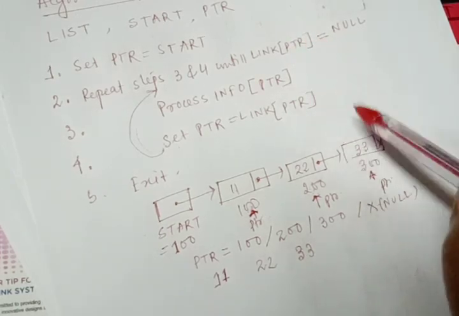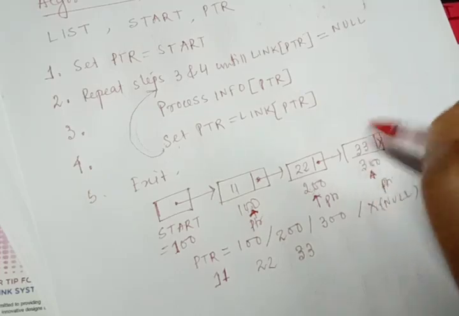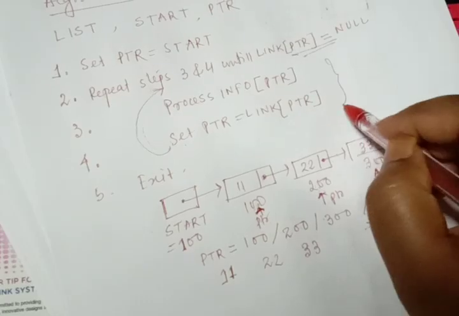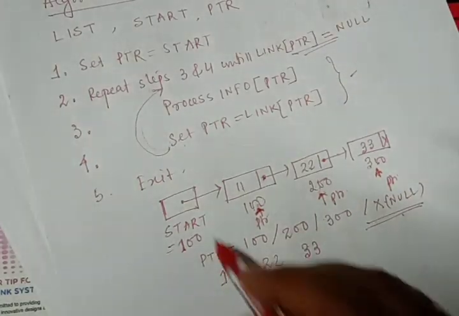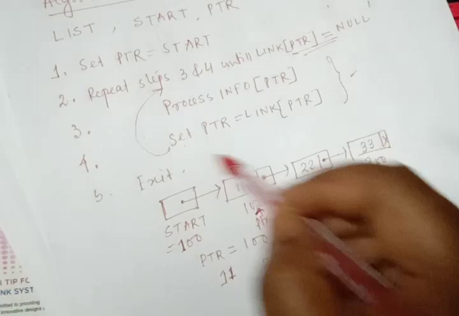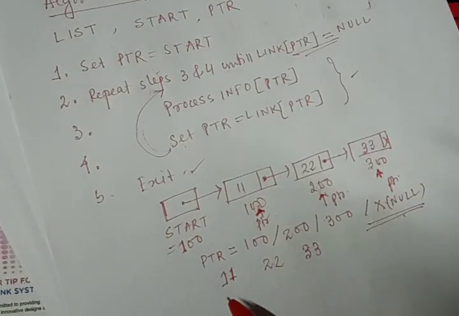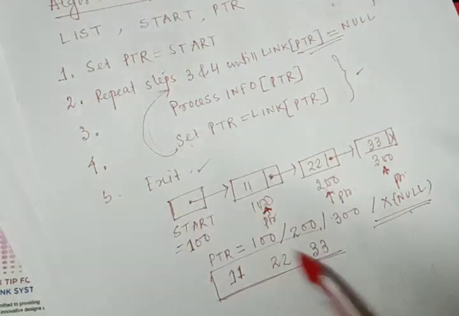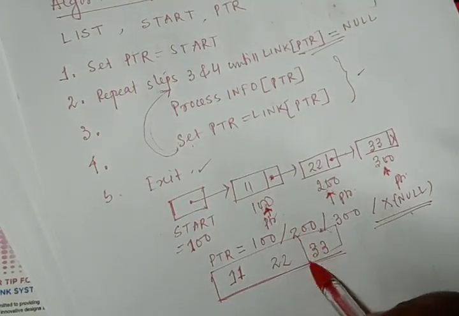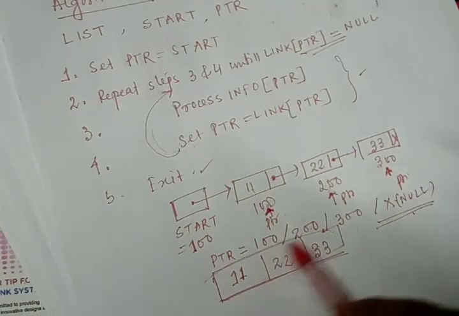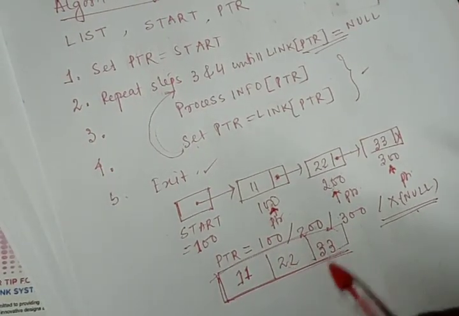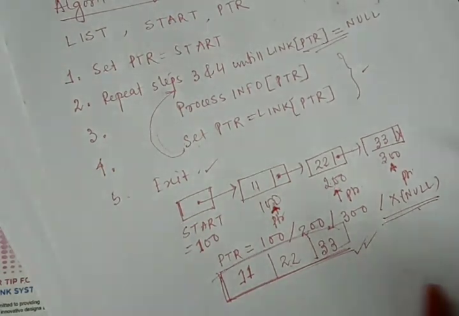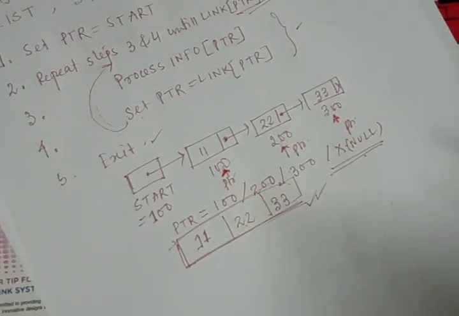So using this line, when it encounters null, it will stop the execution and these two steps will not execute. So it will come out of that loop, and finally the exit step will execute. Using these steps we can traverse the linked list and you will get this sequence 11, 22 and 33, the information parts of the 3 nodes. So this is how we can apply